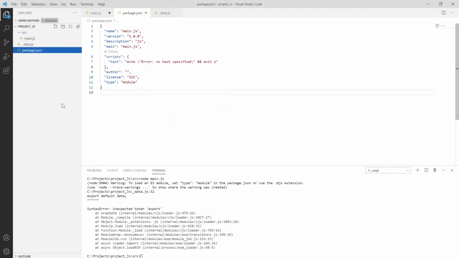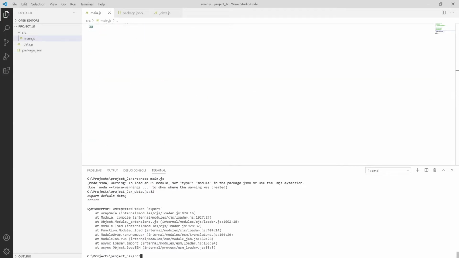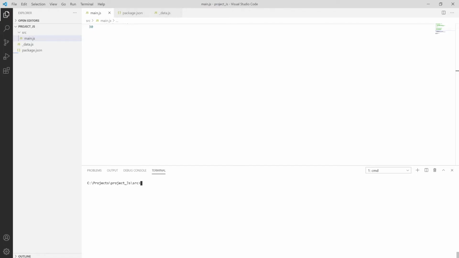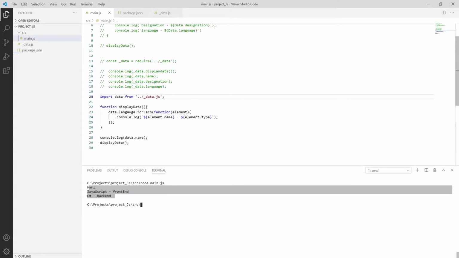So move and save it, and save main.js also, and try to run it now. As you can see, it's working. Let me put CLS over here and try to run it now. As you can see, it's working as we are expecting from the main.